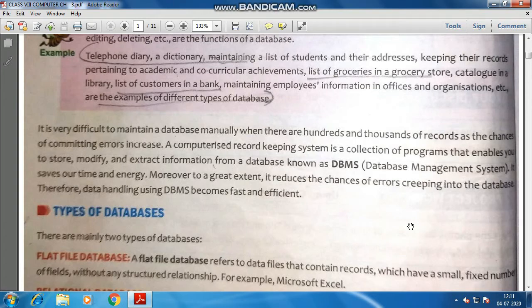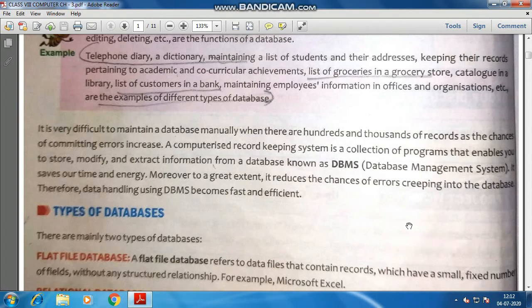So you keep checking again and again whatever you have written with the pen, comparing with those 50 entries. Also, two or three employees can have the same name. So it is a bit difficult for a manual database to handle these kinds of discrepancies.